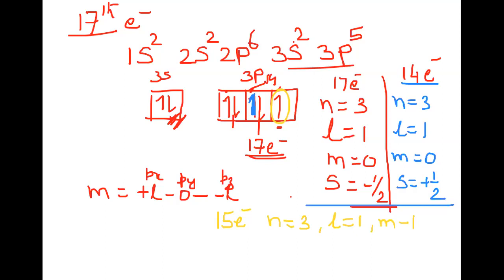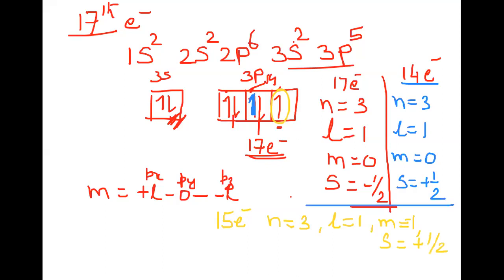It depends on the convention. You can start with minus 1, 0 and plus 1, or you can start with plus 1, 0 and minus 1. That is why most of the time they give you electrons which belong to the middle one, so that 0 is the correct answer. So m is minus 1, or plus 1, whatever you want to take it as, and S will have a value equal to plus half.